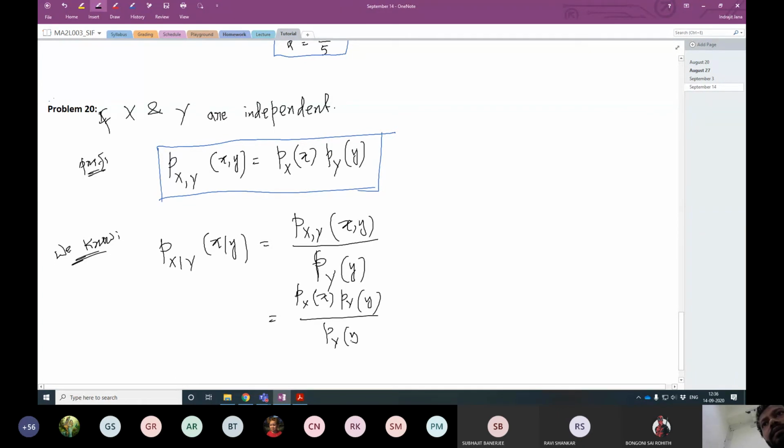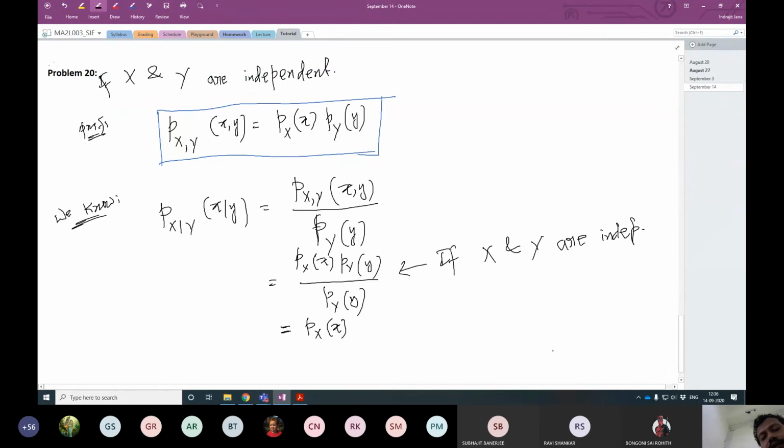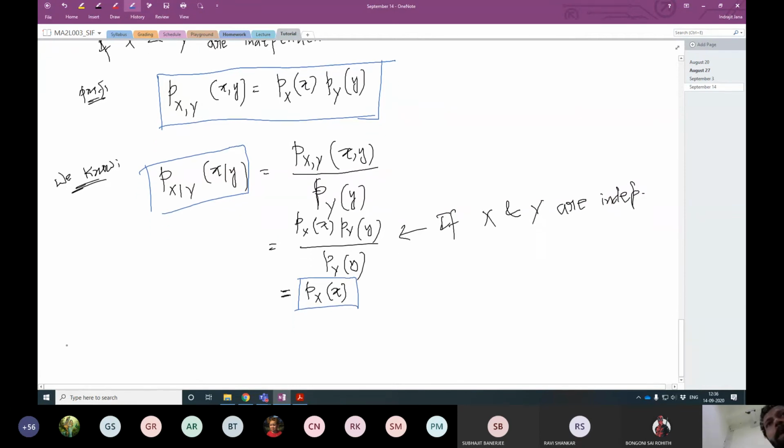It implies that this is equal to simply p x. This is what we want to prove, that if x and y are independent, then this conditional PMF is this. And conversely,